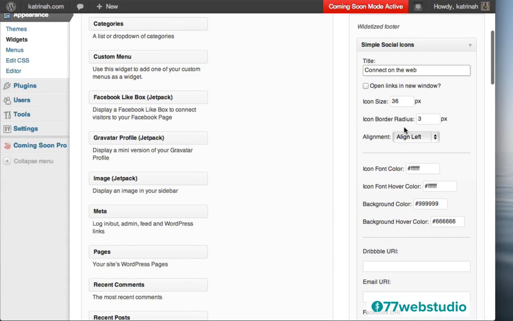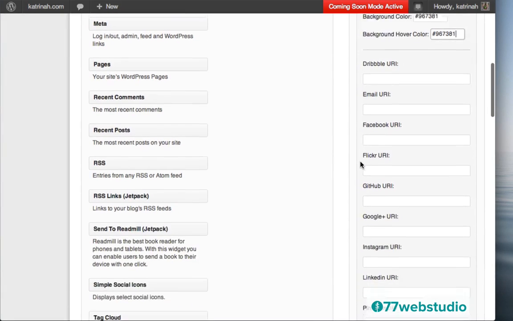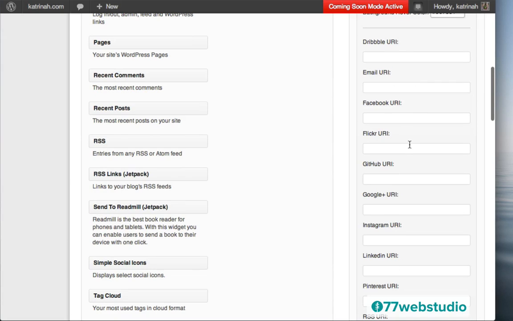I'll leave all of those as they are, but one thing I do want to change is the background color. So to match the colors on this particular Artificer default version of the theme for this Woo theme, I need to use this particular color. I happen to know what it is, and I'll post it in the video so you can see it more clearly, but it's this violet color. So I'm just going to override the background color and the background hover color with the color code here that matches my Woo theme.